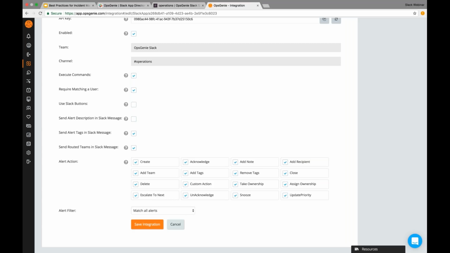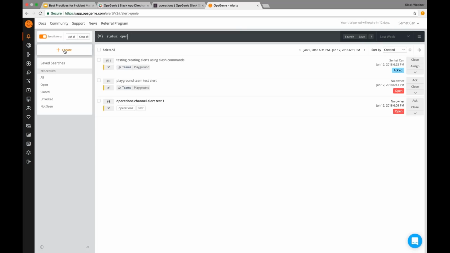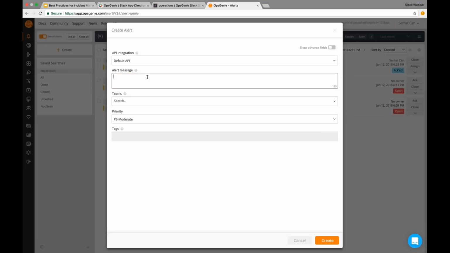So I will uncheck this as well, and I will also uncheck the routed teams here. Now I will save the integration and create an alert for the playground team, and we will see the Slack messages in the operations channel and playground operations channel as well. So, new alert, and I will add